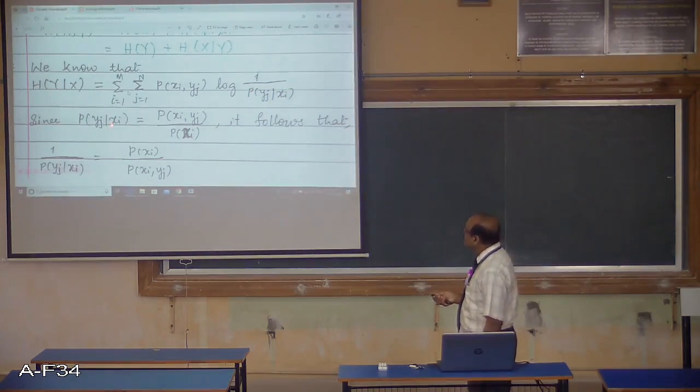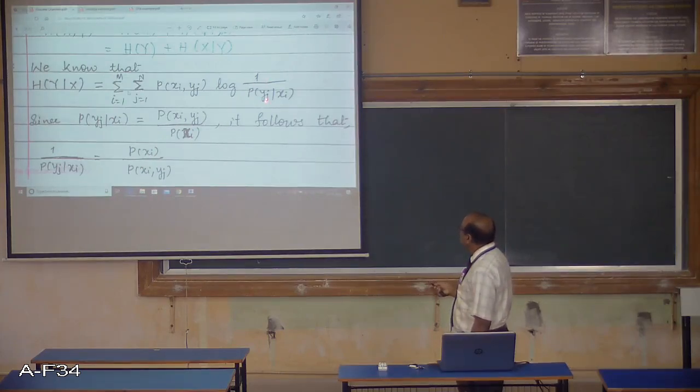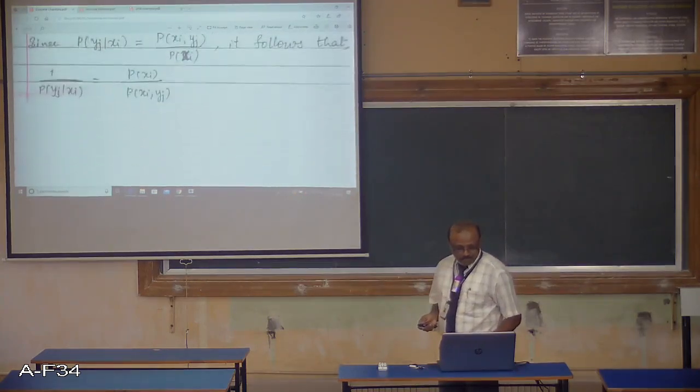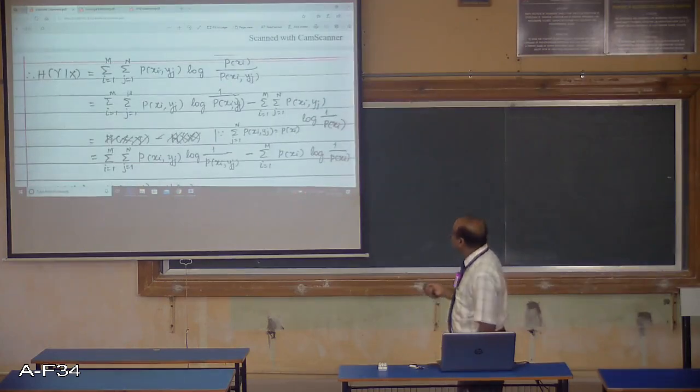We have the relation between conditional entropy and joint entropy by the probability relation. So 1 divided by p(yj given xi) is the reciprocal of the ratio, and replacing it, we get